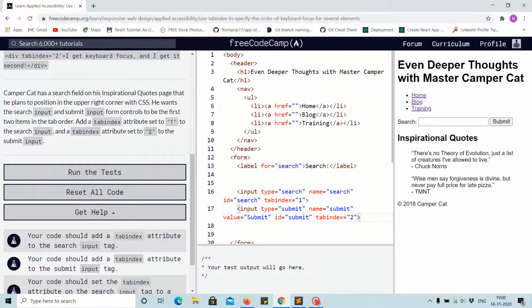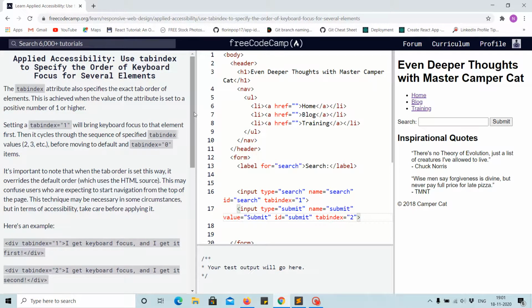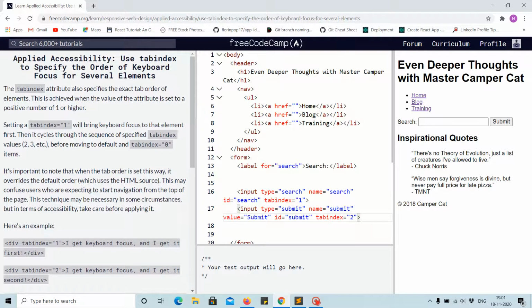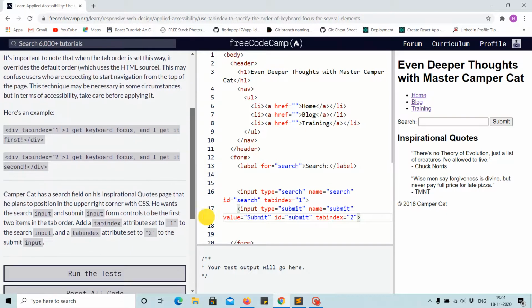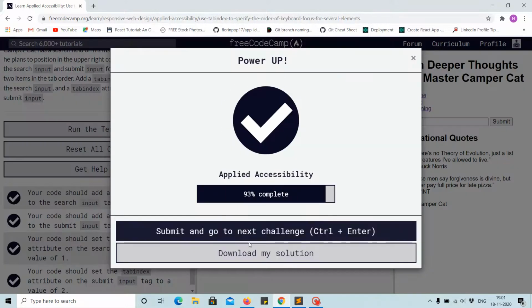So it's not very reliable, but we can use tabindex if there is a need. But I don't think we should change the default value normally. So run the test and it's successful.